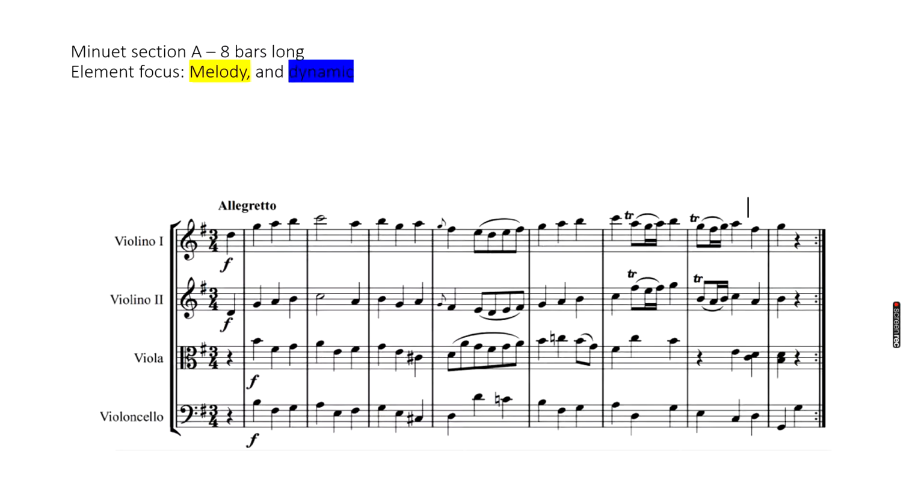We're going to start off looking at Minuet Section A, which is 8 bars long. So it lasts from bar 1 to 8. We're going to be looking to start with at melody and dynamics. Now I've used different colours. I've used yellow and blue, so I'd recommend you also use colours because it will help to make it stand out. To start with, Mozart uses an anacrusis in the melody in violin 1 and 2,